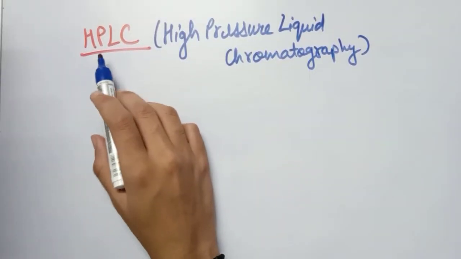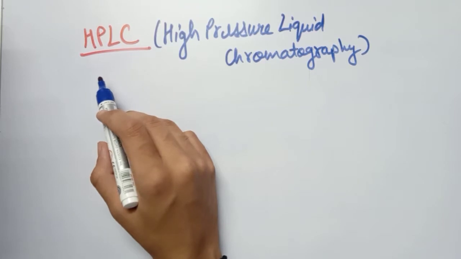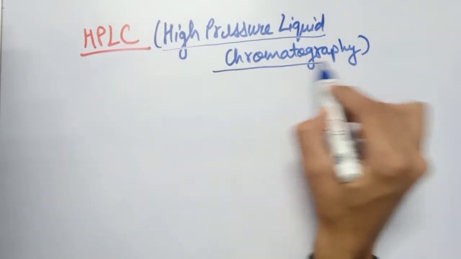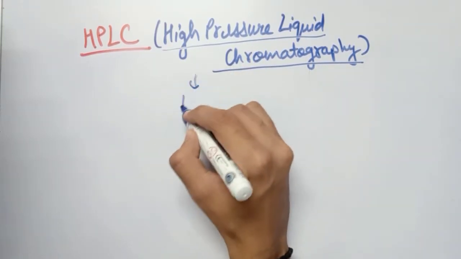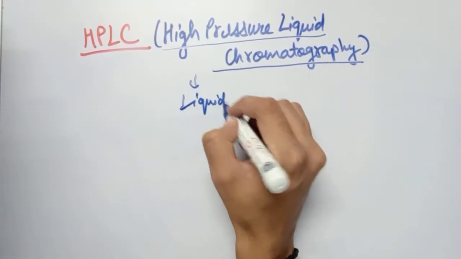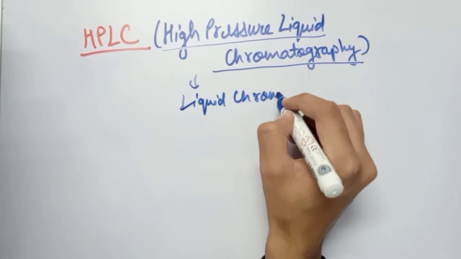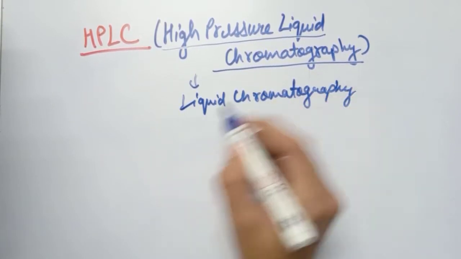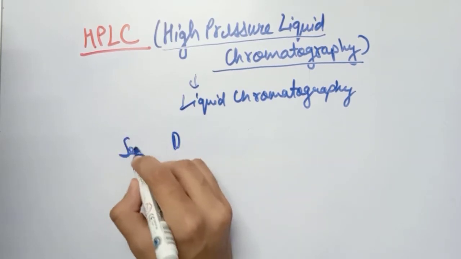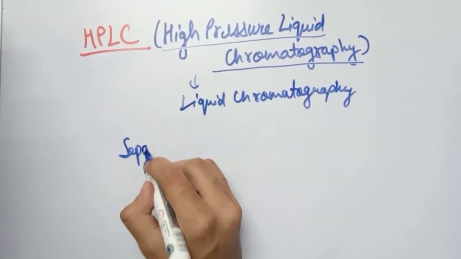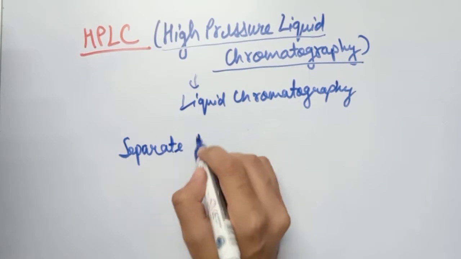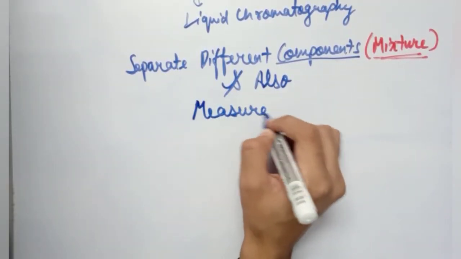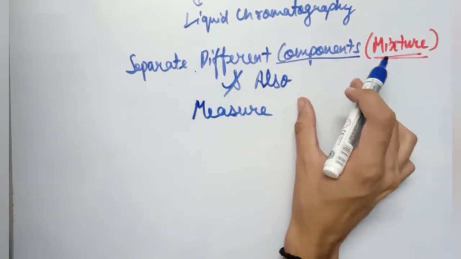Today we will study the HPLC chromatographic technique. HPLC full form is high pressure liquid chromatography. This is a type of liquid chromatography and it is used basically to separate different components. It is used to separate and also measure the different components that need to be separated out from